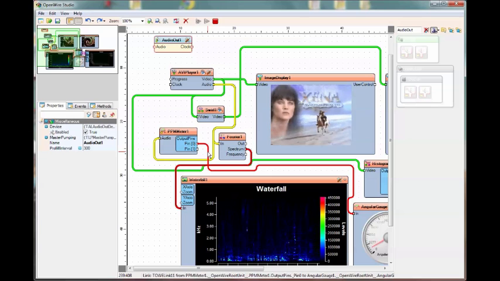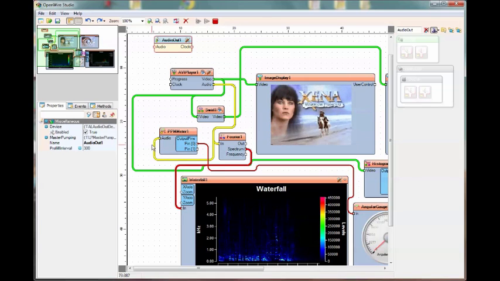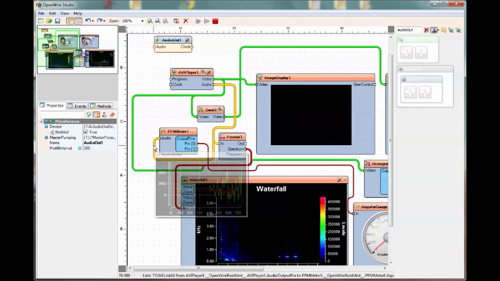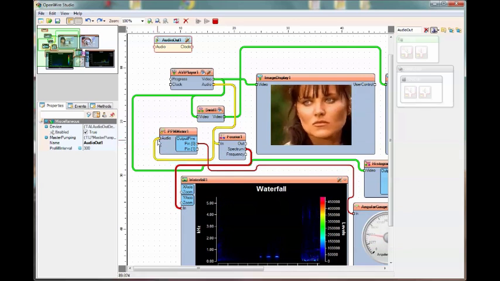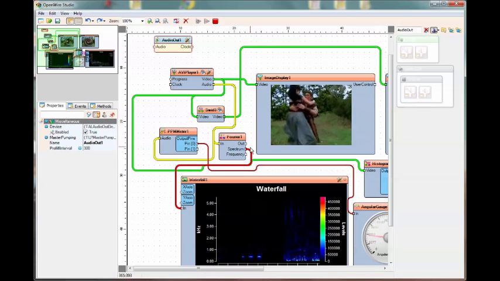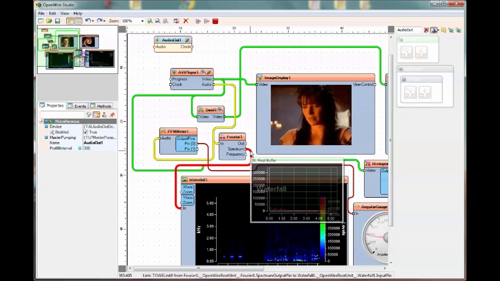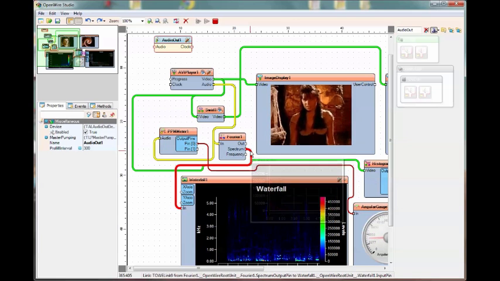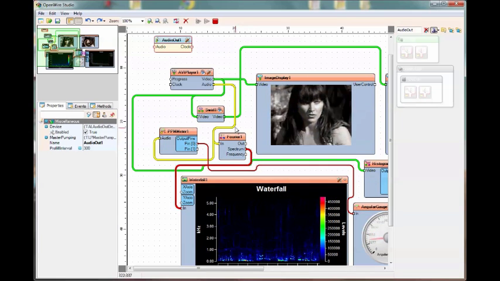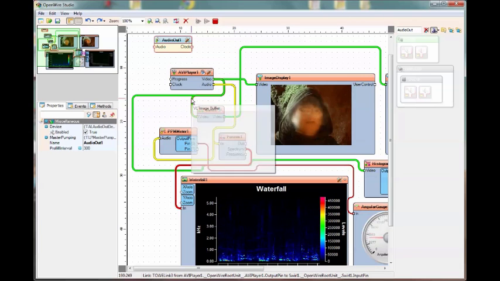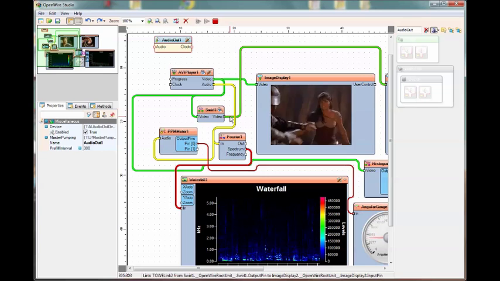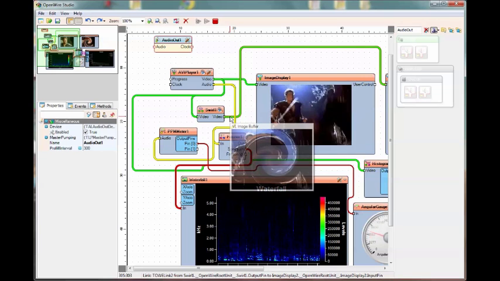Let's look at what's going into the PPM meter. There we see the left and right channels of the audio stream. Let's look at the output of the FFT. There's the spectrum of the left channel of the audio. Now let's take a look at the video stream. There's our video, and if we look on the output pin of the swirl, we see the swirl coming out